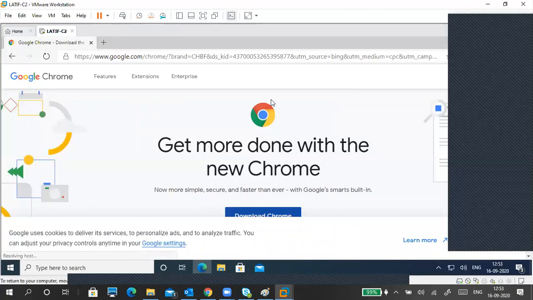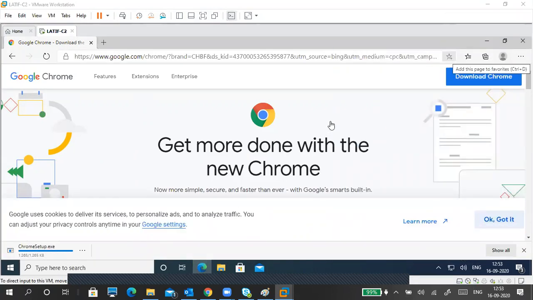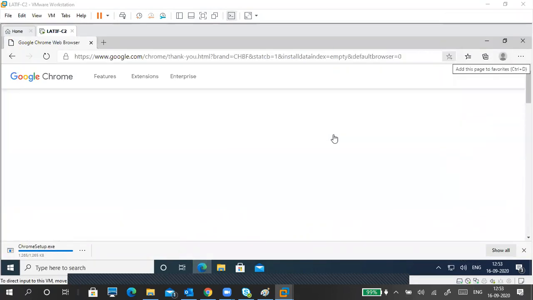Okay, now it is Google Chrome. So let it download. First of all, we should log into our mail account, and make sure of the username, password, and what mail accounts and what profile you want to configure. You should know it.